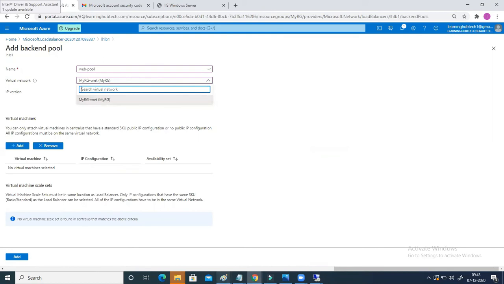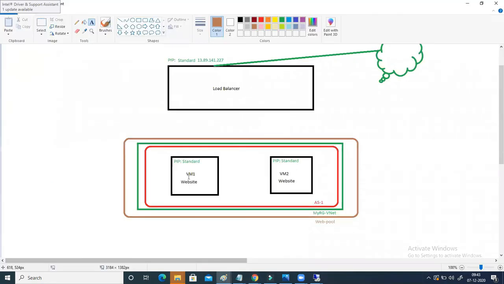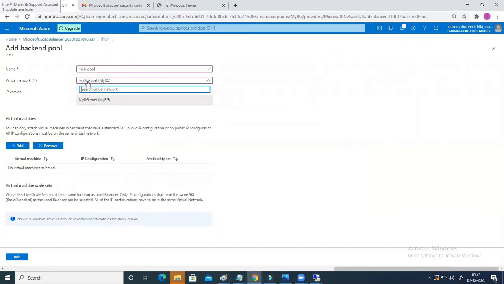That is the reason I was telling you that all of your targets should be part of the same virtual network, because at a time you can select only one virtual network with your load balancer, right? Same thing is happening here. Only one network has been created in my portal, so the same thing is going to reflect here.